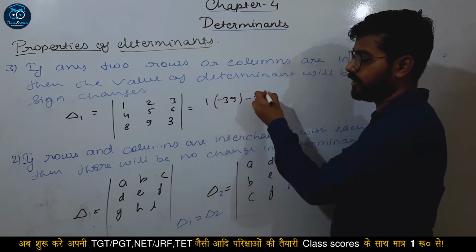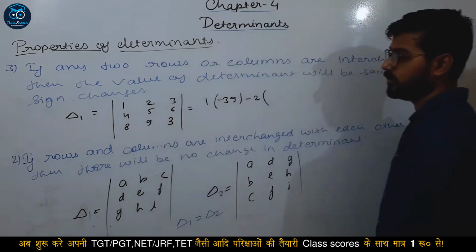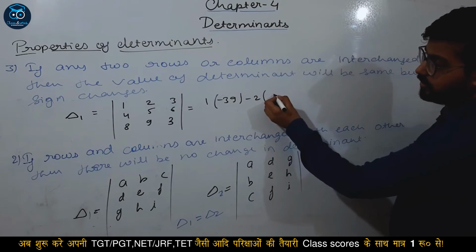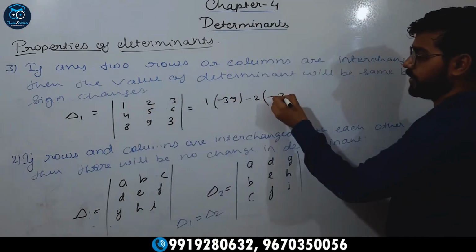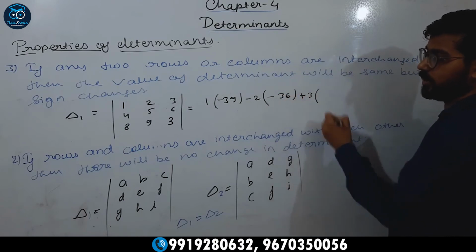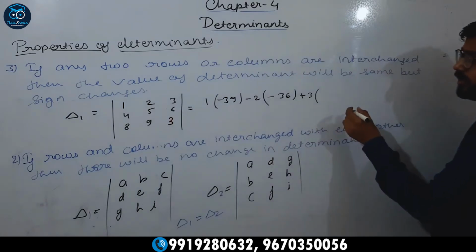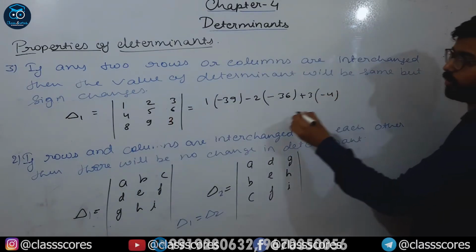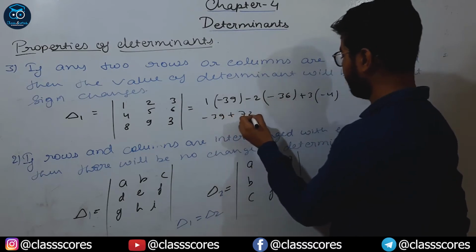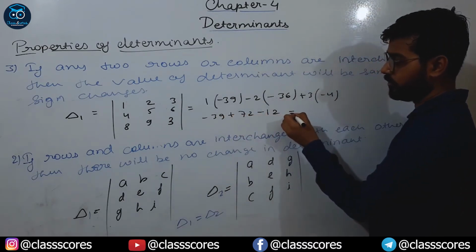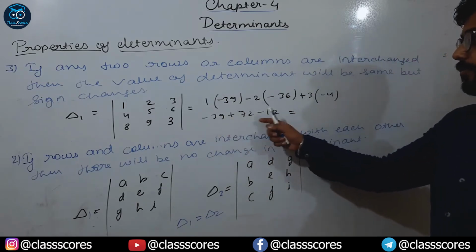Minus 2 times (4 times 3 is 12 minus 8 times 6 is 48), 12 minus 48 is minus 36. Plus 3 times (4 times 9 is 36 minus 40), that is minus 4. Minus 39 plus 72 minus 12, so it becomes 39 plus 12, 51,